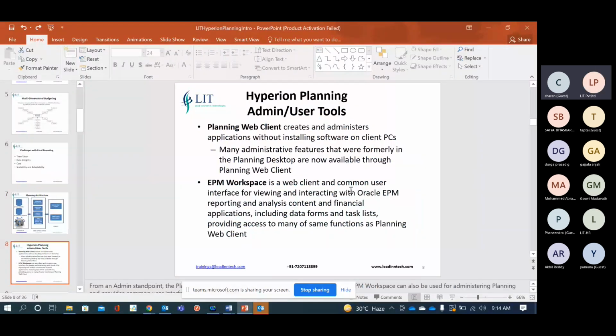And so far, how do you access the planning application? Using Workspace, right? Web interface. Yes. Did you access the planning web client? No, sir. Then